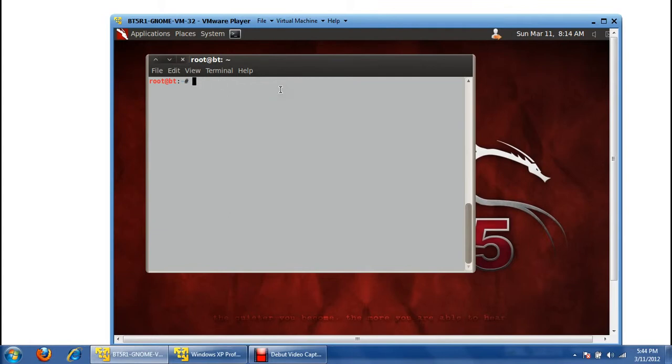Next is shellcode. Shellcode is again the same as payload, but the only difference is that it is only a shell script, a small script which knows its purpose, and after executing it will just collect the information and send it back to the attacker's machine, which will be identified by an IP address. Next is module. A module is a piece of software or a set of software collected inside Metasploit for a particular purpose. Suppose we say the Metasploit modules for exploiting Windows XP. There will be multiple modules for exploiting Windows XP and we can use them directly.